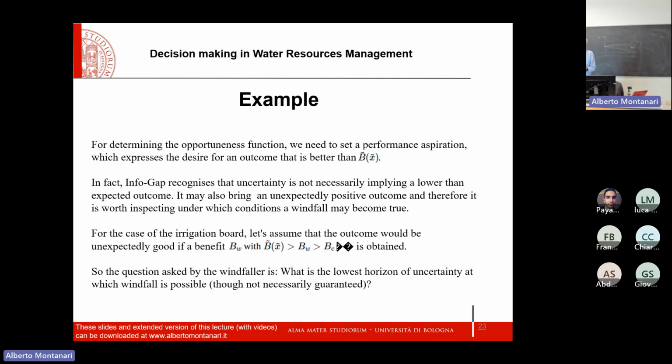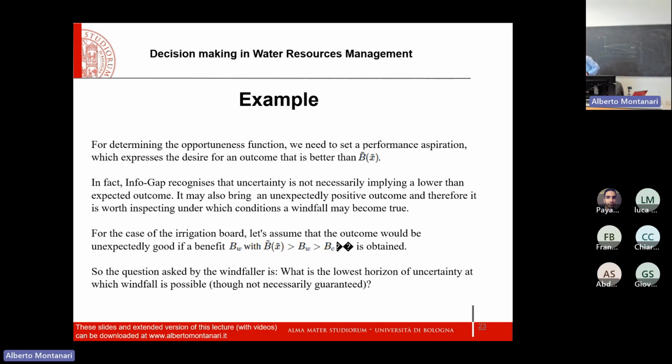So what is the windfall? It is a benefit that is larger than the best benefit, the benefit corresponding to the best prediction. So I need to set the ambition, a performance aspiration, and then let's call it BW, where BW is